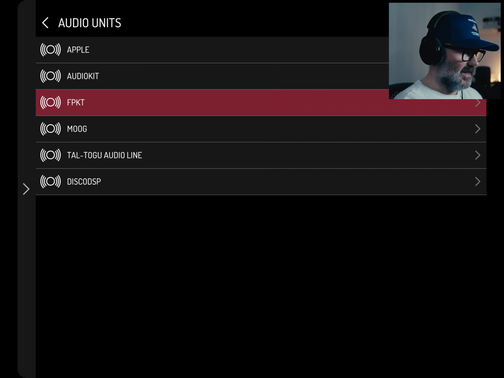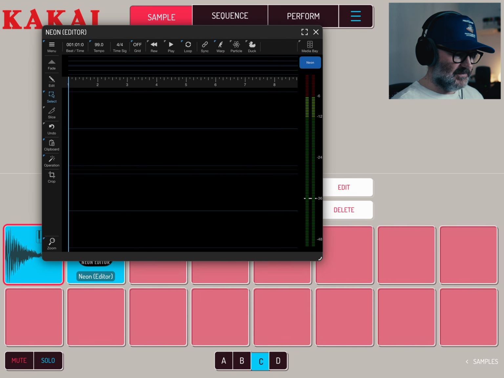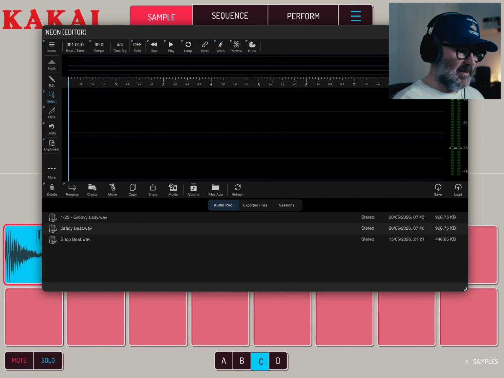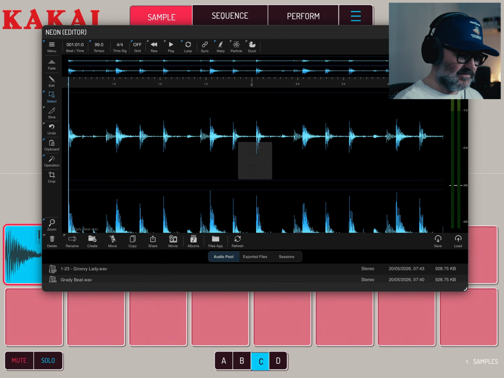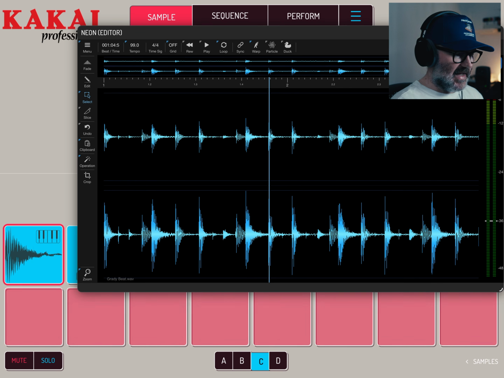Let's come out of here and go into here. I use Neon Editor. It's a wave editor and file player. And basically in here, for instance, I have a beat there. I could now sample that beat straight into